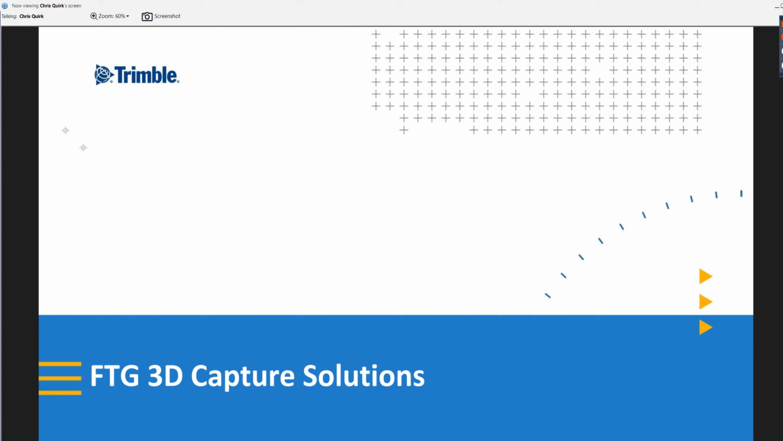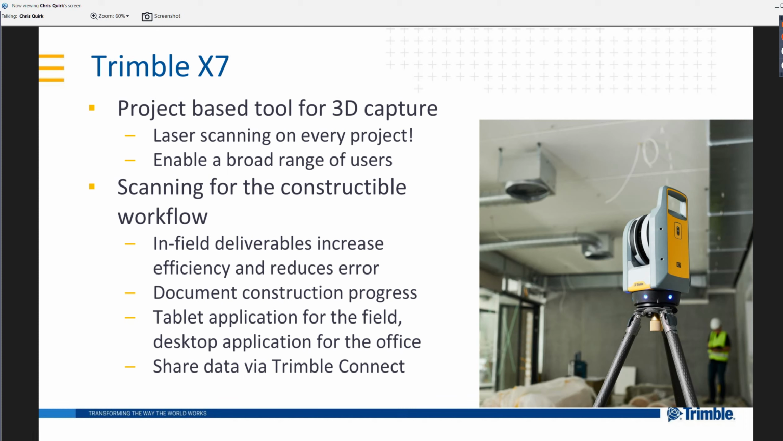Okay, so just a quick recap of the solutions that we have. The Trimble X7 is a project-based tool for 3D capture. We can see this being used on every project now. We've made it very simple, very straightforward, and the idea is to open up laser scanning to the whole market. You don't need to have a surveying background to be able to do this, or a great deal of experience. And we see this is going to increase efficiency and hopefully reduce errors,